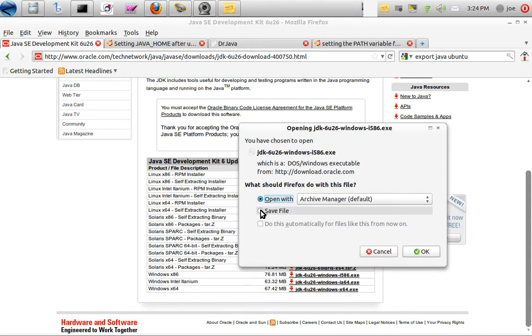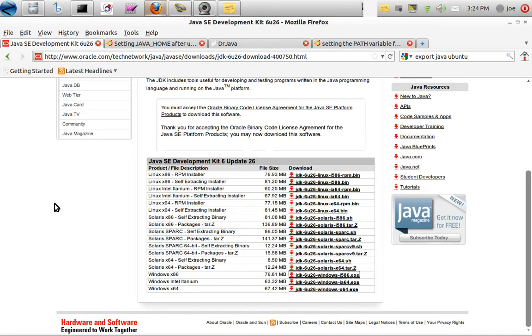Okay, so of course I'm on Zorin, which is an Ubuntu based operating system, so I cannot install this on here. But what I recommend to you is to save it to whatever location you prefer, and then after it's downloaded, just launch the installer and it will guide you through the installation process, which is very simple. Okay, so assuming you have it installed now,